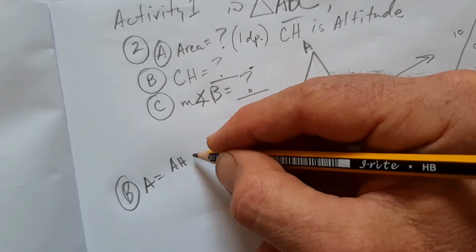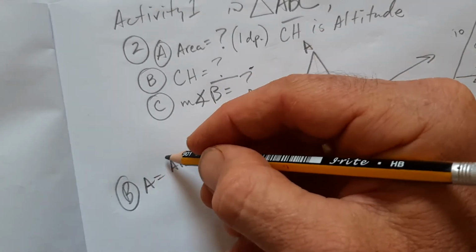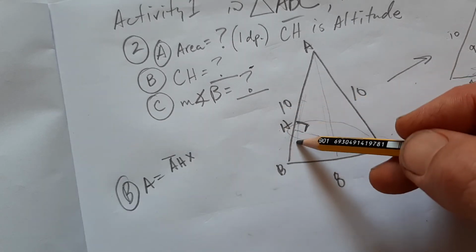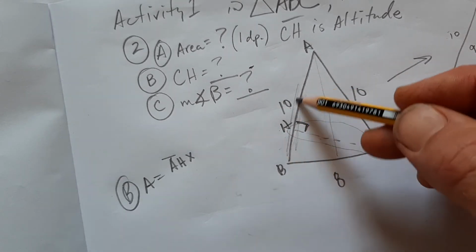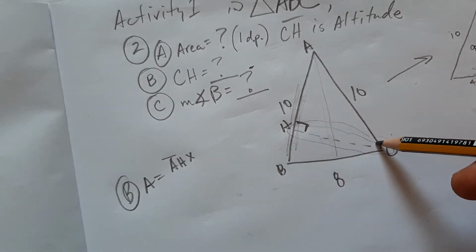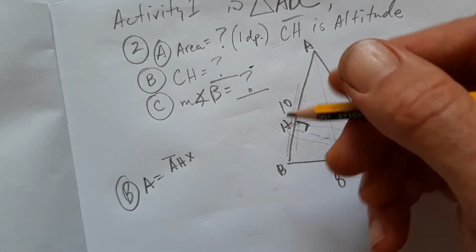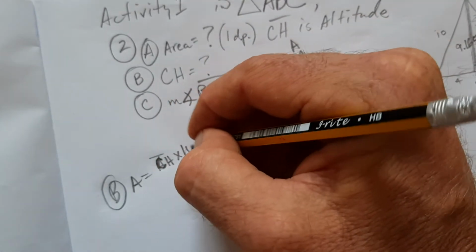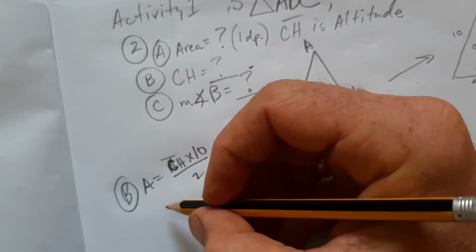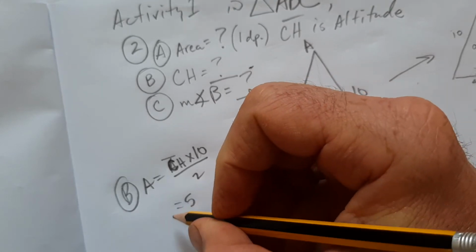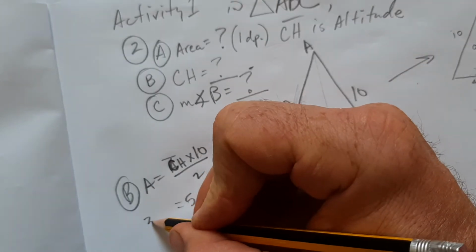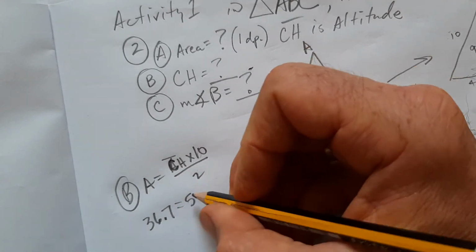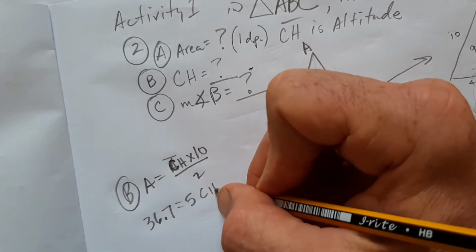AH times the base that it's going against, not 8, but the base that it's against. So this is the base now, and this is the height, or the altitude. Not AH, CH, sorry. CH times 10 divided by 2. So 5 times CH equals the area, and we've already got the area, 36.7. 5 times CH